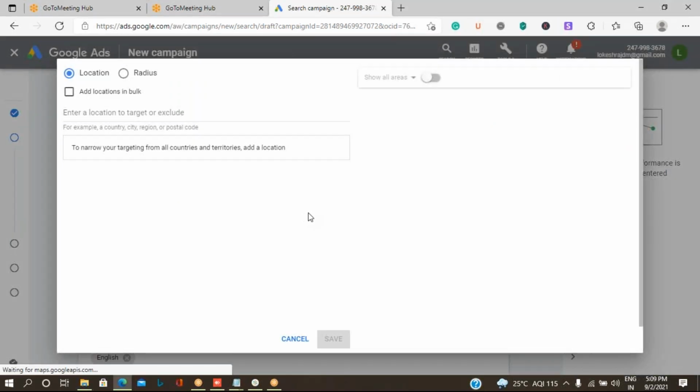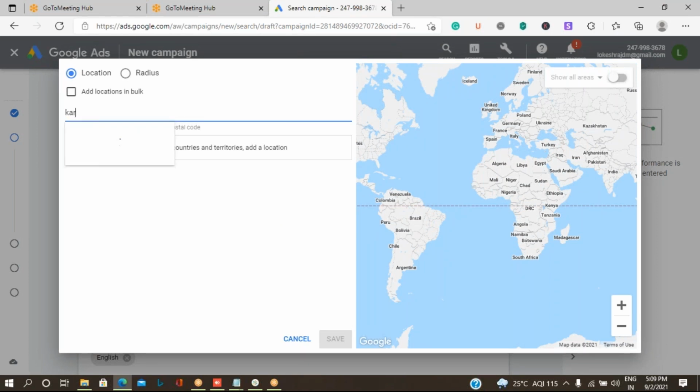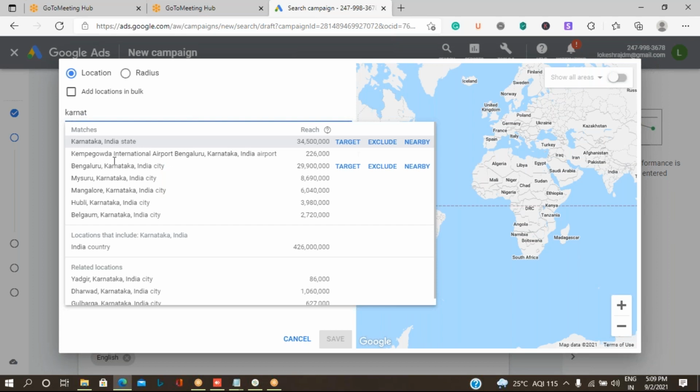In this advanced search, I can specify the location. For example, I want to target the complete state, so I can select it as target. Suppose I want to exclude, that means I do not want to show my advertisement in that particular place, so I can exclude it over here.